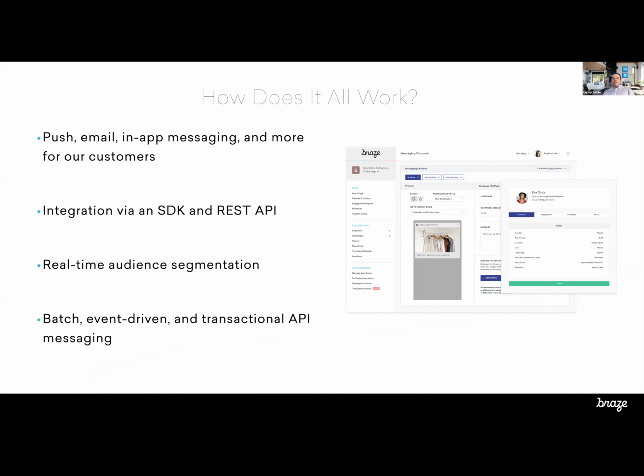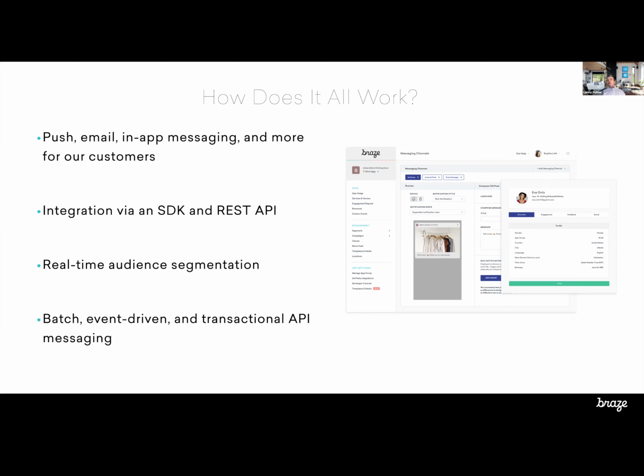What that means is that at any point you may perform some action which may put you in a different segment or remove you from a segment, and Braze handles that in a dynamic fashion. We use batch, event-driven, and transactional API messaging.